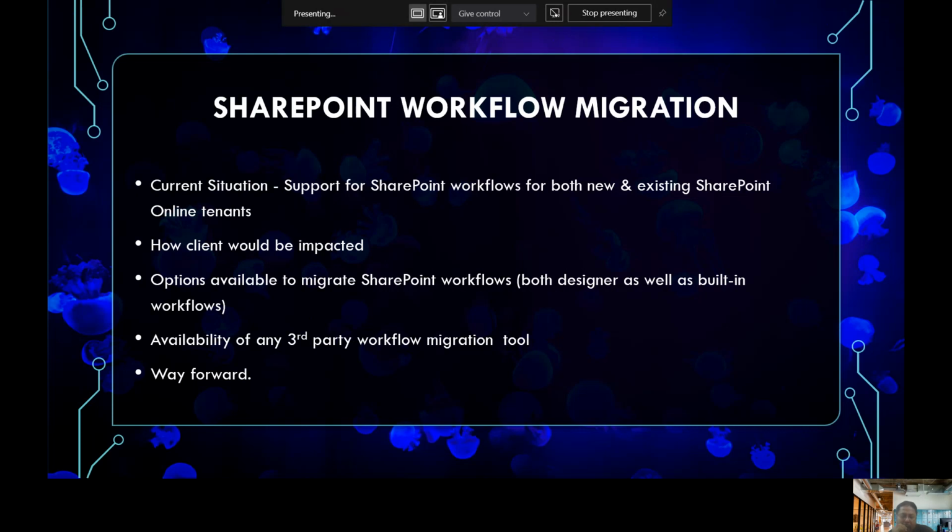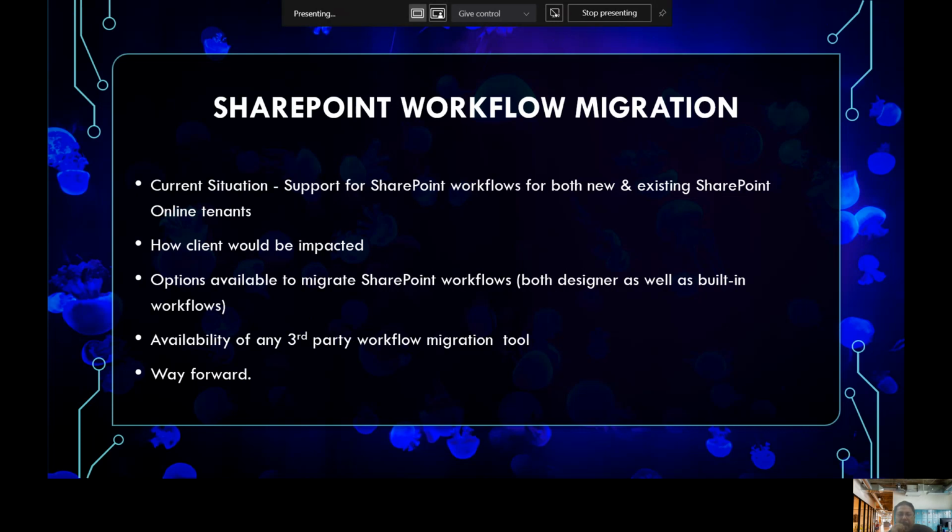However, that is also very challenging as well as time consuming because of feature differences. What I'm trying to convey here is that not all SharePoint 2010 Designer workflow actions have direct replacement actions available in Power Automate. Therefore, comprehensive discovery as well as planning will be required before going to Power Automate migrations.